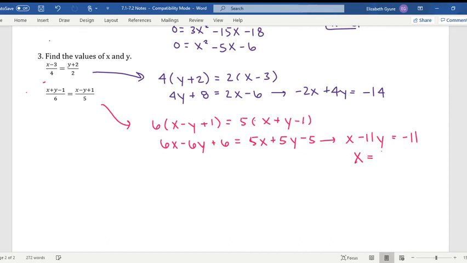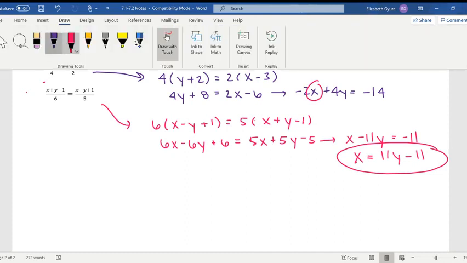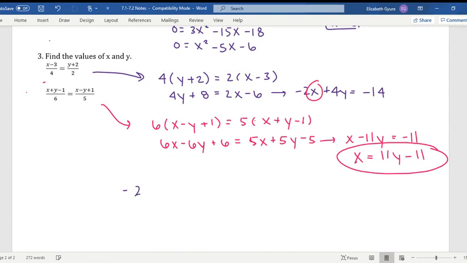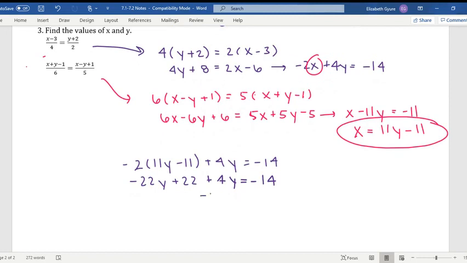So let's rearrange this one. I'm going to make this x equals 11y minus 11. So I'm going to take this and I'm going to plug it in for x in this top equation here. So I'm going to get negative 2, and then I'm going to plug in my 11y minus 11 plus 4y equals negative 14. I'm going to do my distributing, negative 22y plus 22 plus 4y equals negative 14. That's going to give us negative 18y